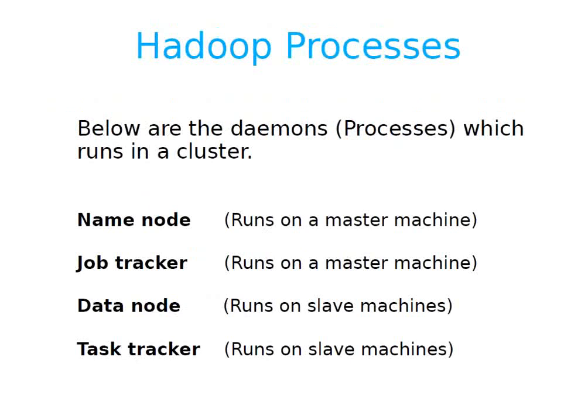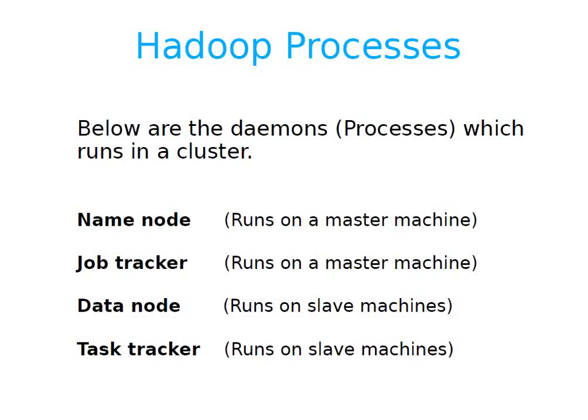Next we have Hadoop processes. When Hadoop is running on our system, it means that there are some processes, some services, running on our system. I will provide the steps to install Hadoop on your system, because if I show you some practical things on my machine through screen sharing, that will be practical for me but not for you. So I will provide you the steps to install Hadoop so that you can also do the practical things on your system. Once Hadoop is installed, there will be some processes running on your system. So let's see what those processes are and what their responsibilities are.